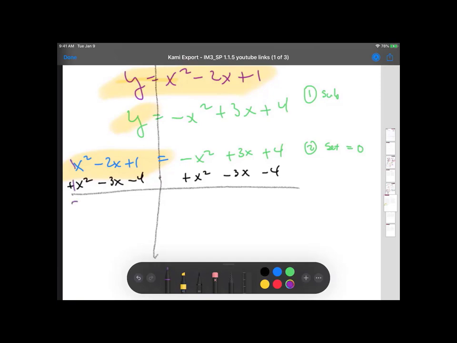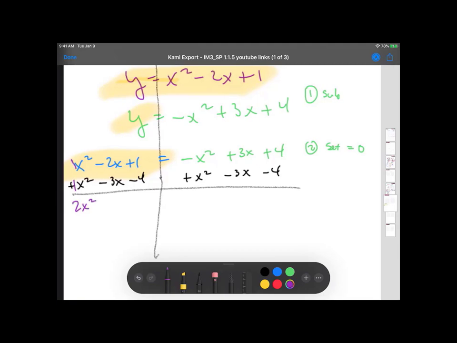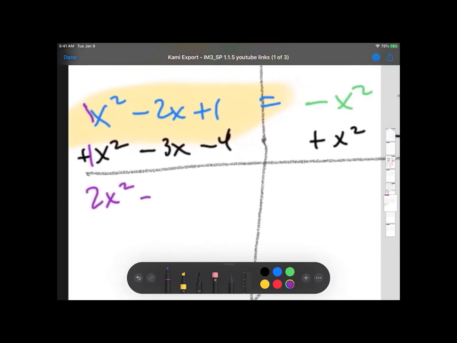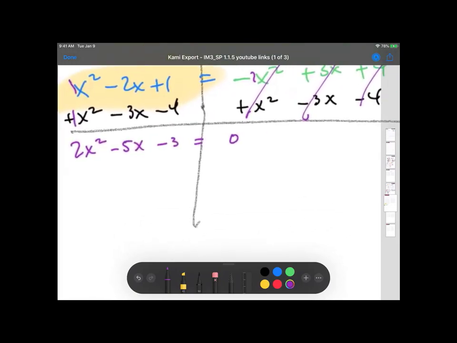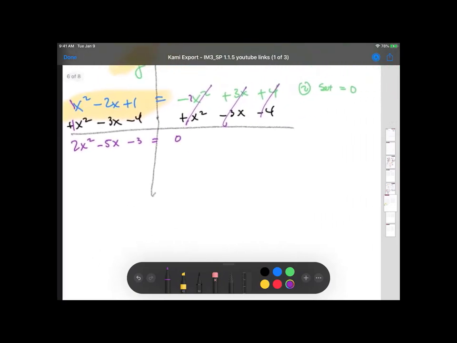And now, I got 1 plus 1 is 2x squared minus 5x minus 3 equals negative 1 plus 1 is 0. 3 minus 3 is 0. 4 minus 4 is 0. Now we have it set equal to 0. Multiple methods for solving quadratics now that it's set equal to 0. But before I do that,